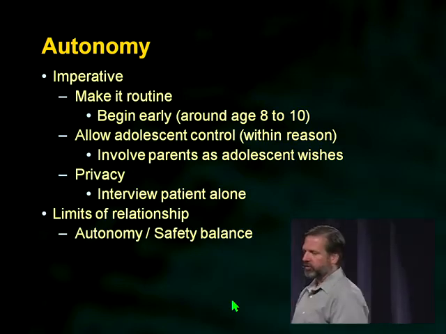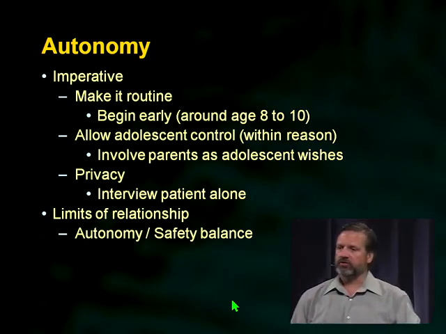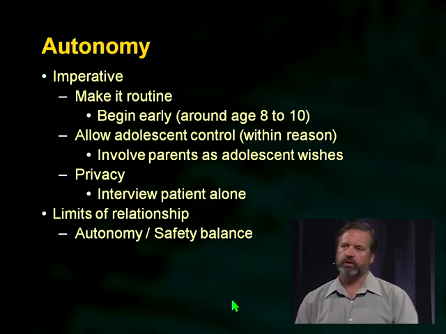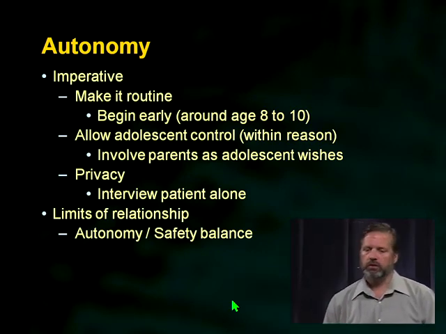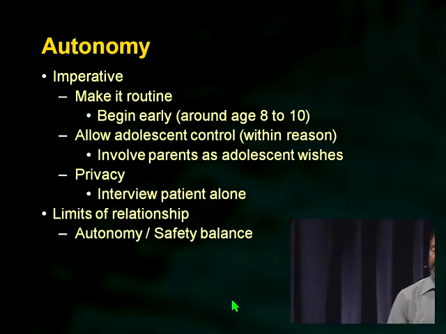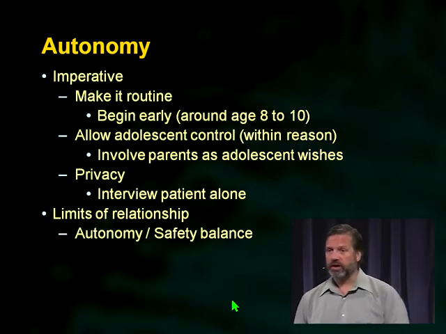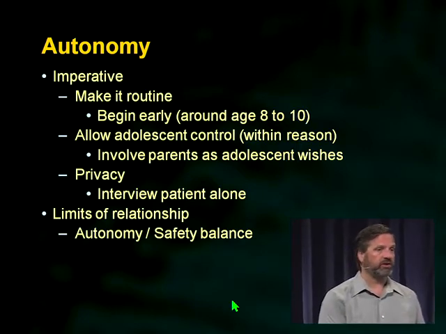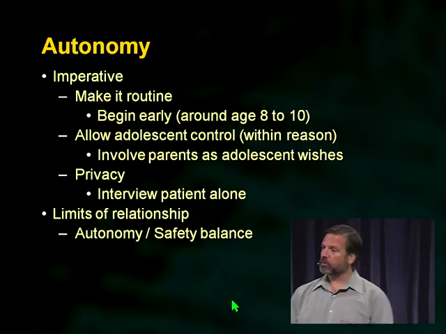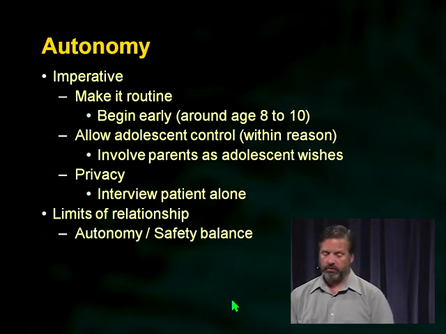So what the boards are going to look for you to do, and the questions that they might ask, is to grant the patient autonomy that they've earned through their development. And that's not age dependent, that's patient dependent. So you need to make an assessment about how well the patient can make a decision. How do patients make a decision? They have to be able to weigh the alternatives. They have to be able to understand the risks and benefits. So it's kind of going through the informed consent routine with them. And that's starting to help you understand what kind of decisions they're able to make.